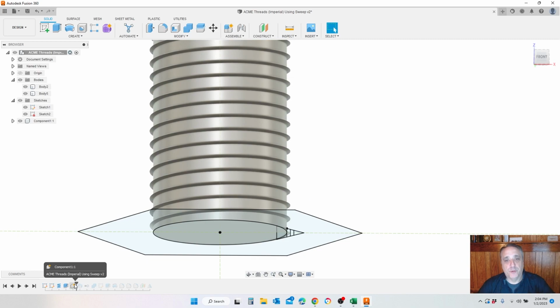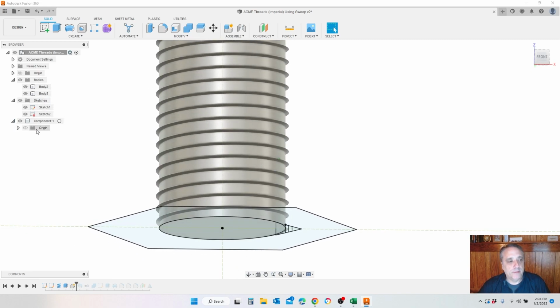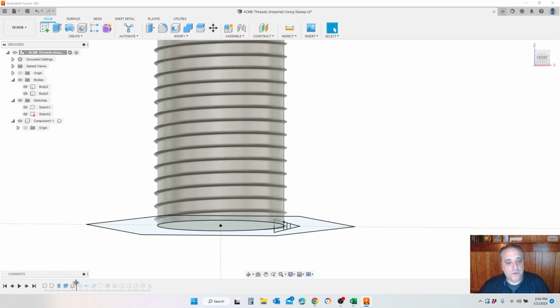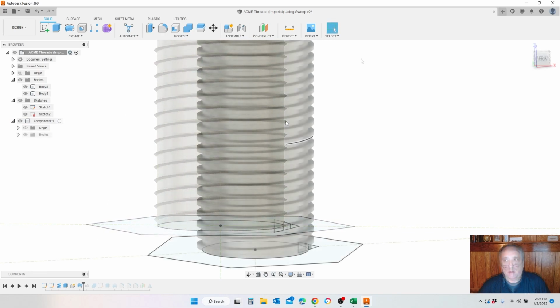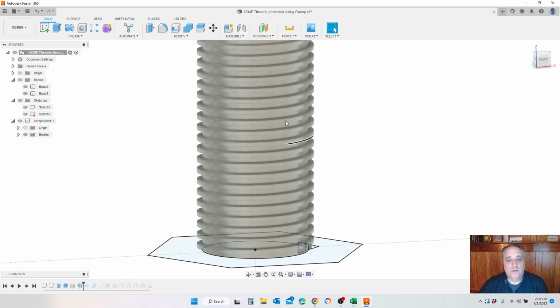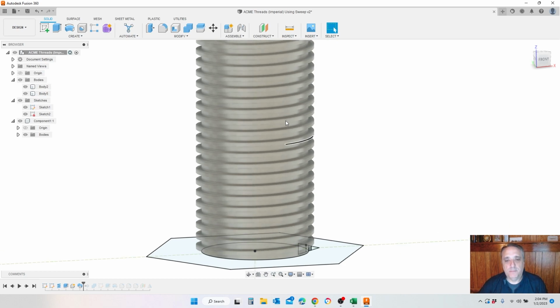Now I'm creating a new component. I want to keep those separate. I have two different bodies and I have a new component, and I'm going to do a sweep with that component. One thing to note, doing sweeps this way and doing the model this way, it can take a while, and so be patient. It could crash if you get too big of one, so I don't necessarily recommend